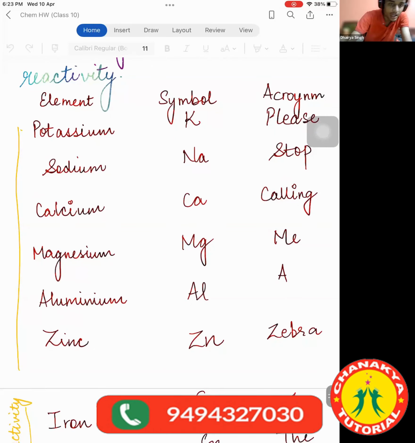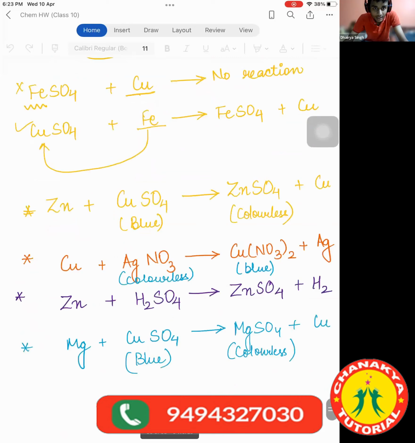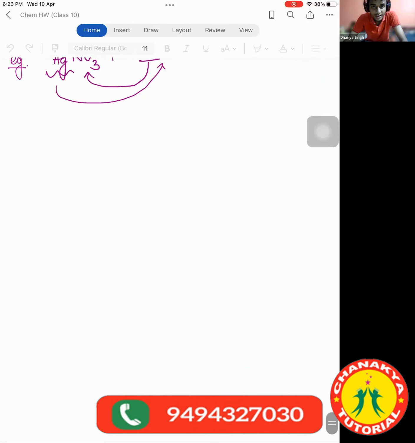Ma'am, reactivity series is a series of metals and like elements in decreasing order of their reactivity. Very good. It is the series of metals in which the metals are arranged in the decreasing order of their